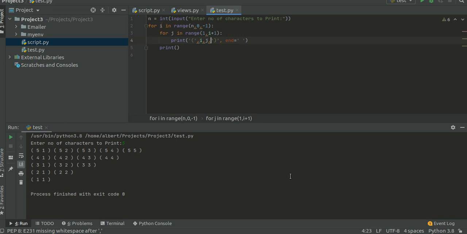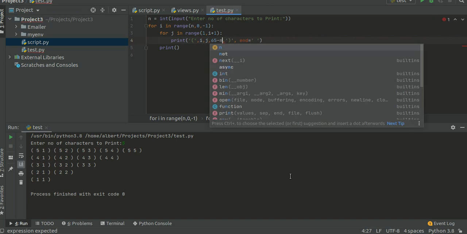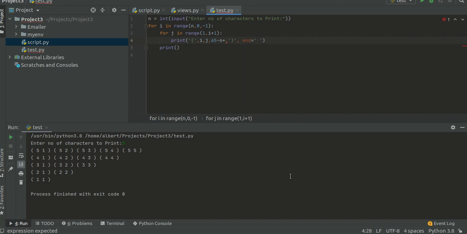So what we can do, we can print one more value as 65 minus n, 65 minus n plus n, minus I. I ranges from n to 1. So the first time it will be n, so it will print 65.